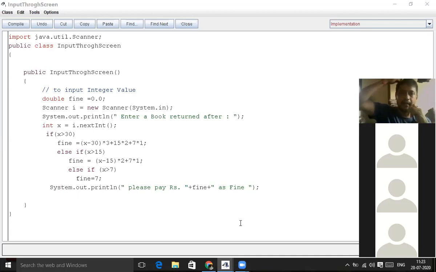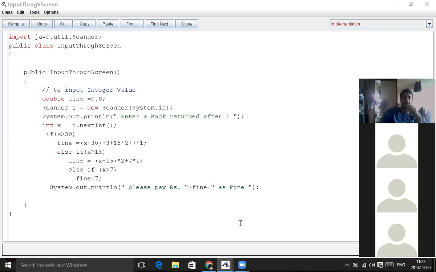Then for 8 days to 15 days, that is 7 days, it is 1 rupee fine per day, and from 15 days to 30 days you have 2 rupees fine, and finally above 30 days the fine is 3 rupees.